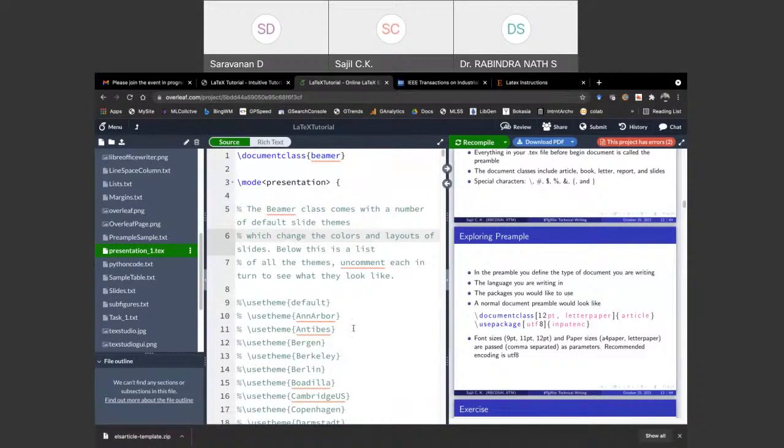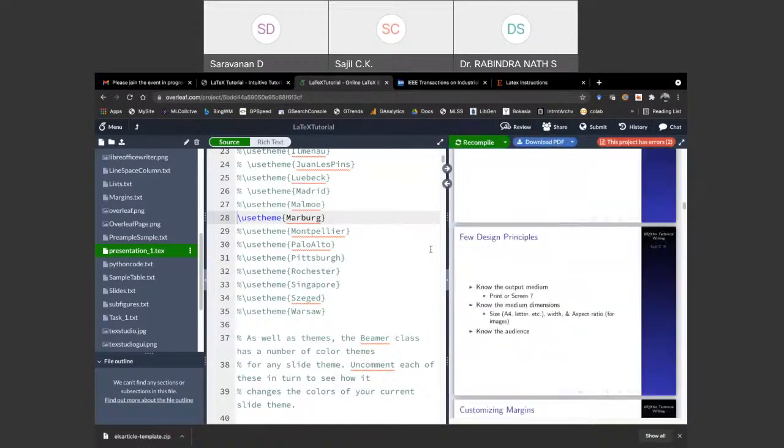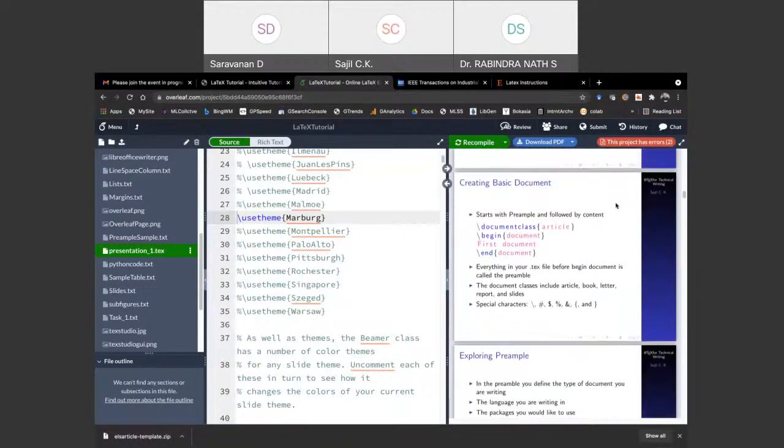Okay, so let me try to change this theme to a different theme. Let's see what will happen. See, the entire styling is changed, right?